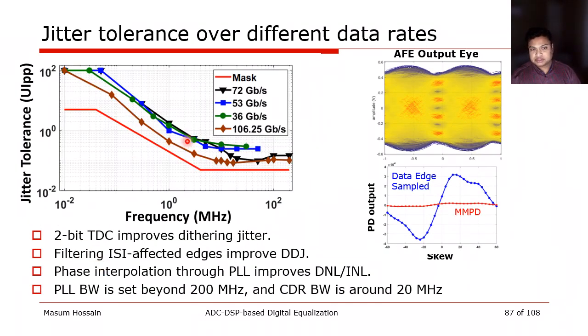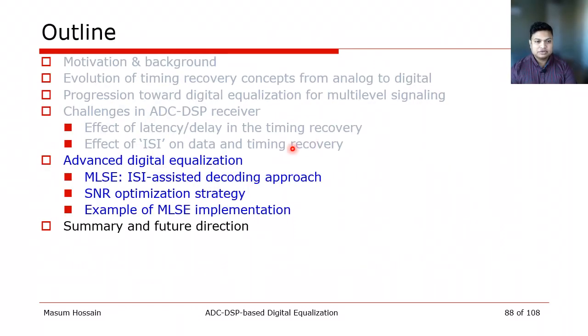The performance benefits are significant. It achieves the jitter tolerance over different data rates over different standards. And also, compared with the MMPD, this can provide much higher gain because it's sampling at the edge where the slope is maximum. In the last few slides, we have seen how latency related limitations can be overcome in